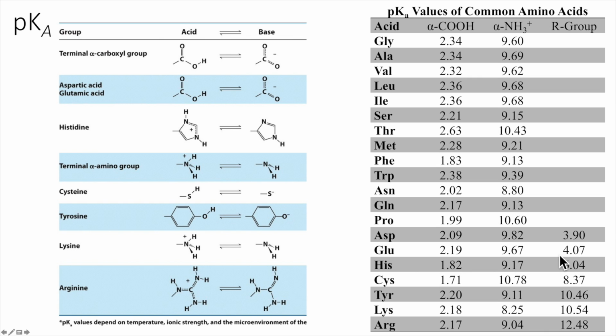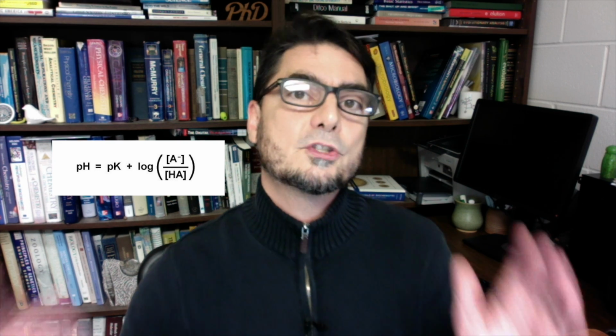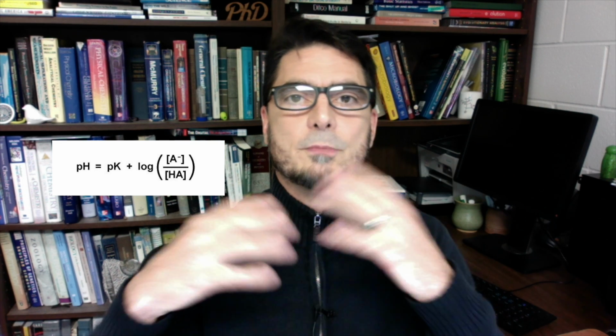If we look at histidine and serine, they're both 1 to a little bit more away from pH 7.4. So histidine, with the pKa of below 7.4, means that it is going to be mainly in the charged form. And if you use the Henderson-Hasselbalch equation, and I want you to, pH equals pKa plus the log of the molar concentrations of the weak base